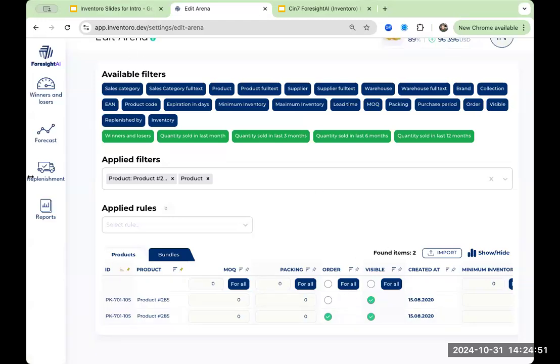Visibility is going to take it out of all of Foresight AI. And so this would be that labor that I was talking about. If you have that as a SKU right now, you probably don't necessarily want to track it in your forecast winners and losers. If you order packaging for your materials, so cardboard boxes,